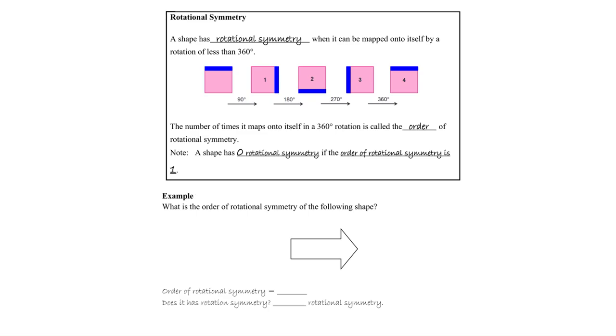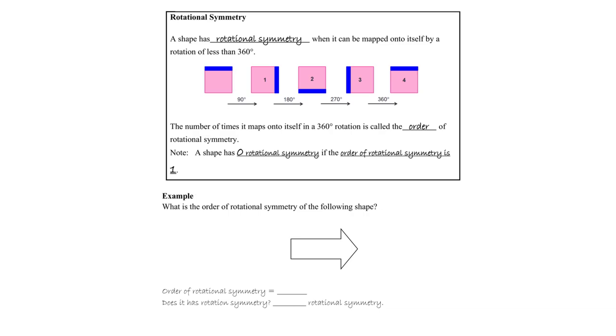Hello everyone, welcome to this video where we are exploring what we call rotational symmetry. A shape has rotational symmetry when it can be mapped onto itself by a rotation of less than 360 degrees. That means after going through 360 degrees, one round, how many times is it exactly the same shape as it is? So if we are looking at a square, a pink color square,